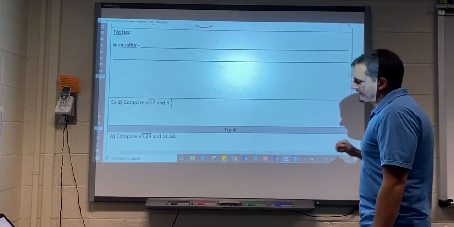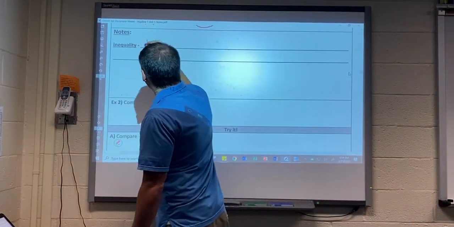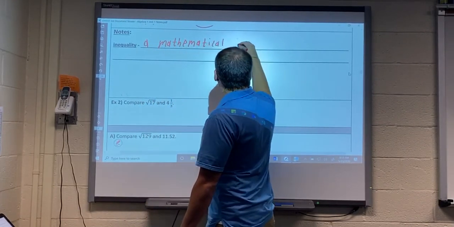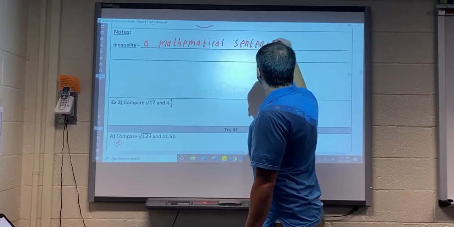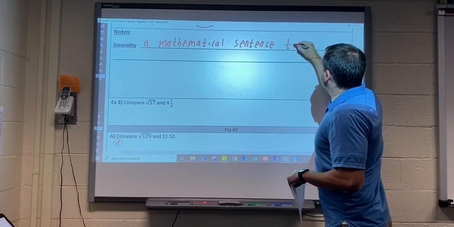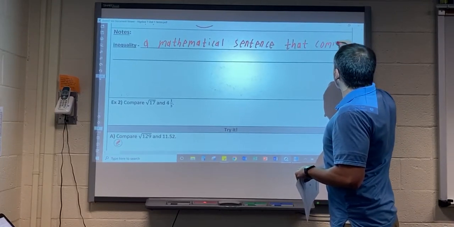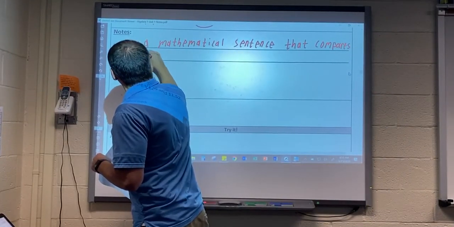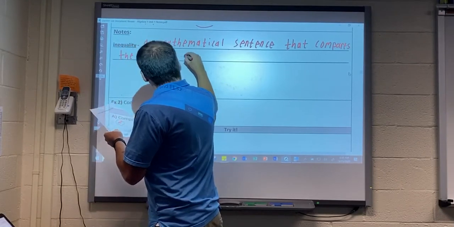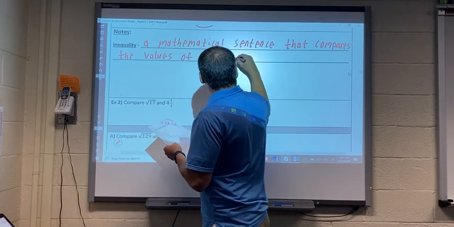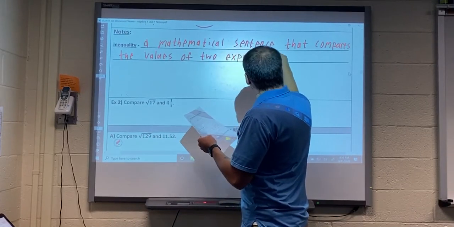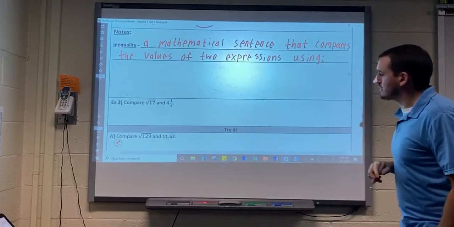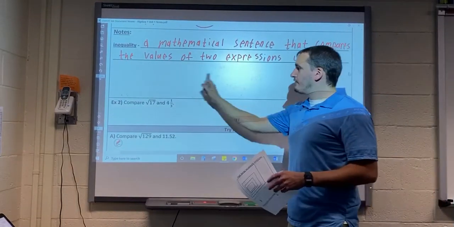An inequality is a mathematical sentence that compares the values of two expressions using, and I'm going to put a colon there, okay, using the following signs, and we're going to write these